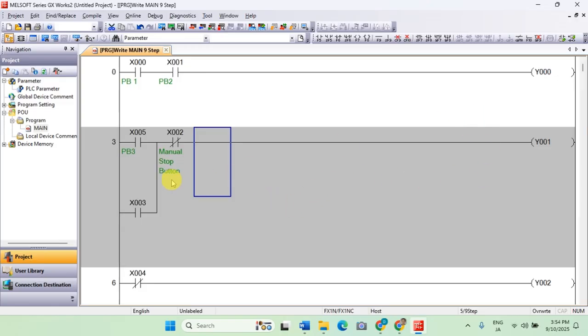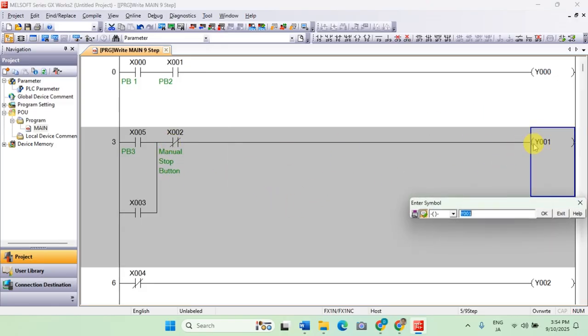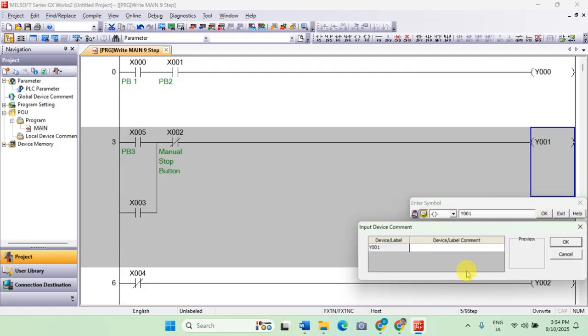Also, automatically, when I want to add a device comment for the output, after clicking OK, I can also add the comment. So let's say this is red light. I'll be correcting this one.